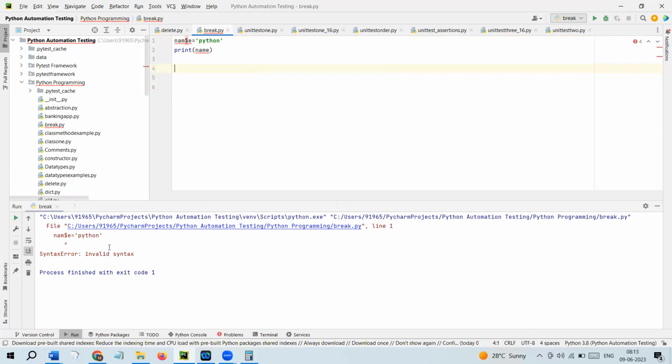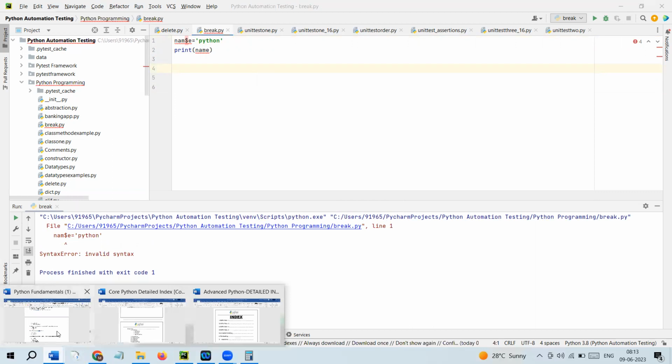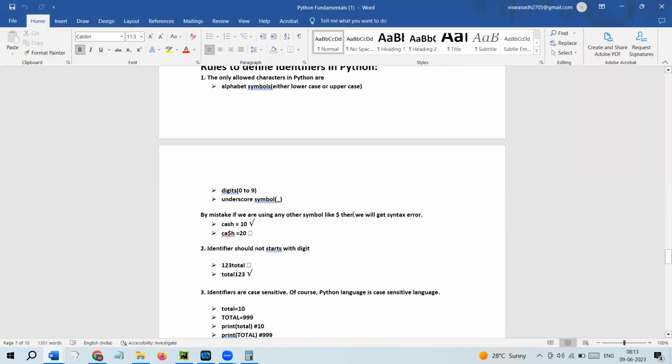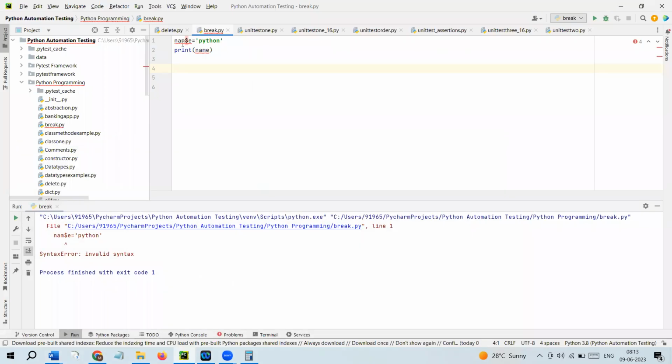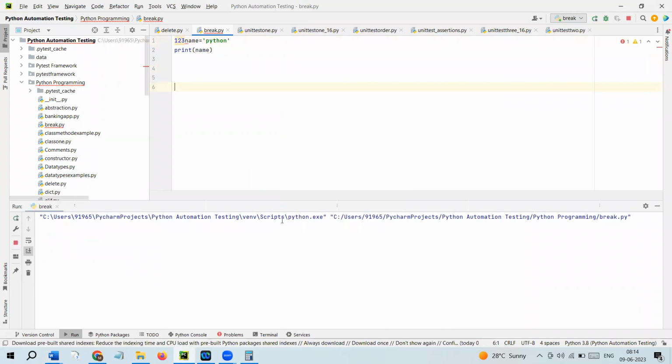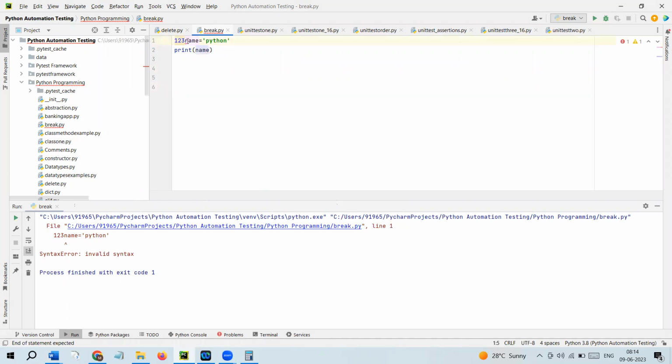Syntax error, invalid syntax. See, this cap symbol is showing that this dollar is not allowed. So that is the reason they are saying that by mistake if you use any other symbols like dollar in between while assigning a variable, it should throw an error. An identifier should not start with a digit. See here, I can write name, something called 123 name. 1 2 3, it should not start with digits, but this identifier